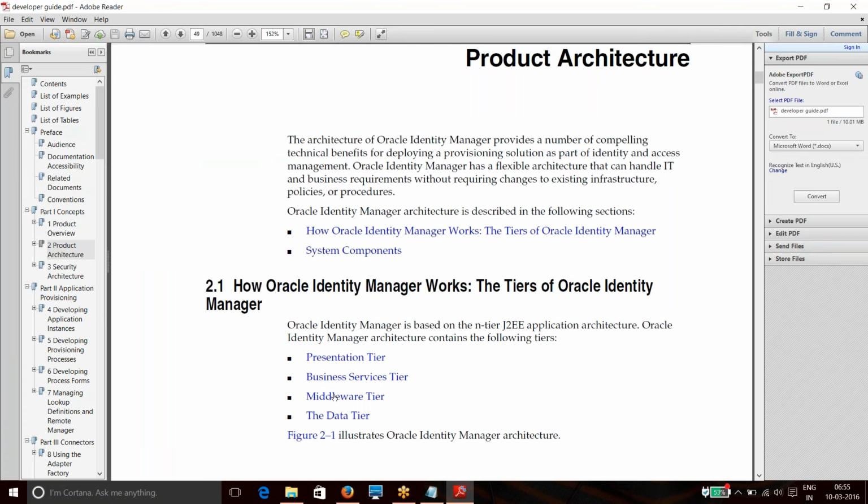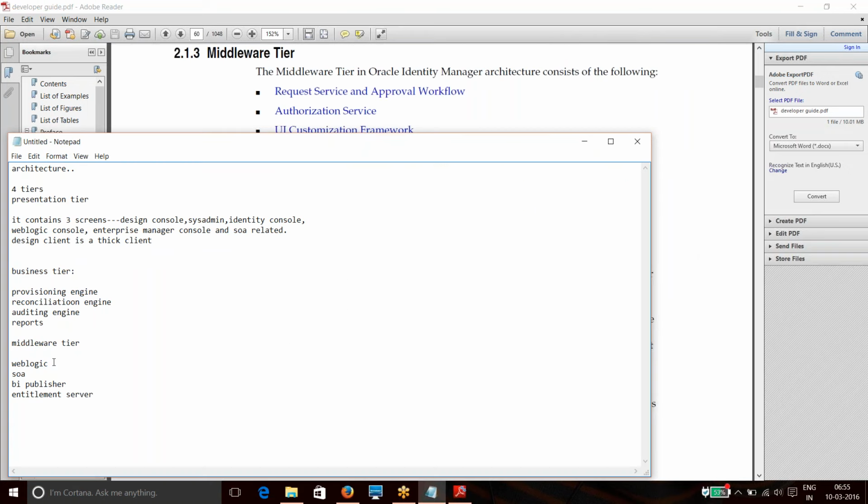We'll be using WebLogic to host the IDM application, SOA for approvals and notifications, the publisher for reporting, and the entitlement server for authorizations and giving roles like admin.